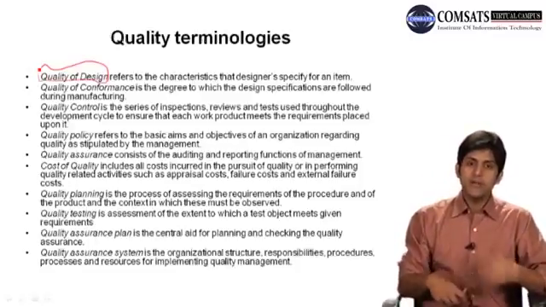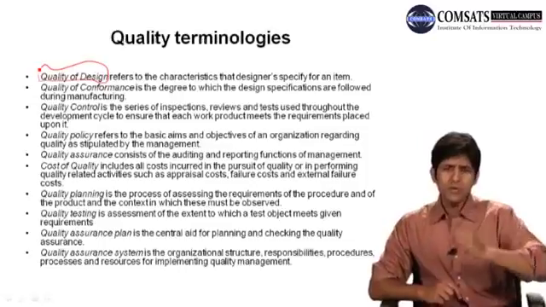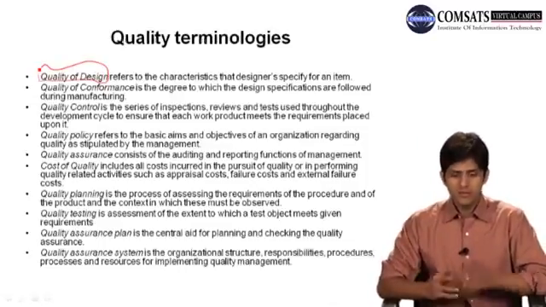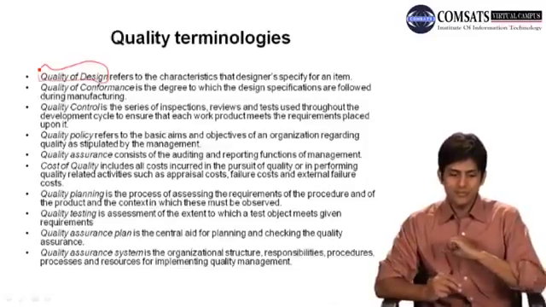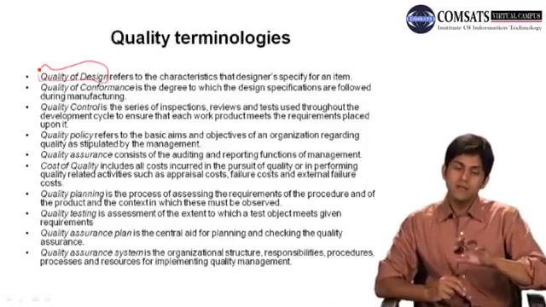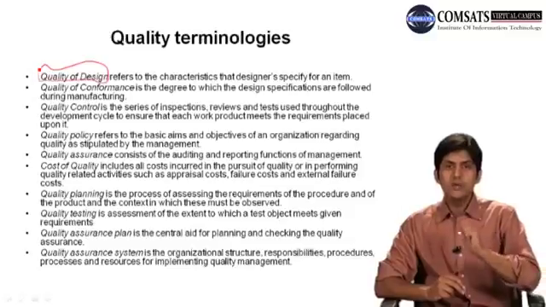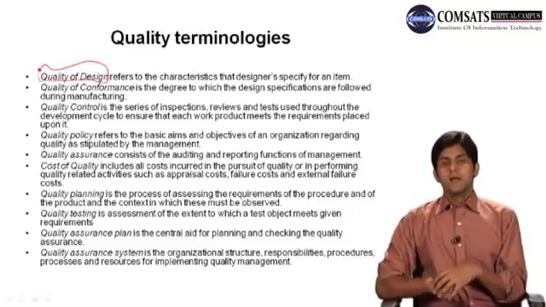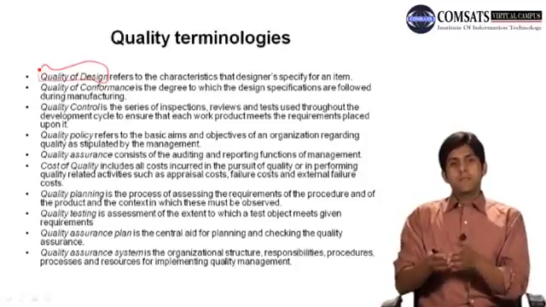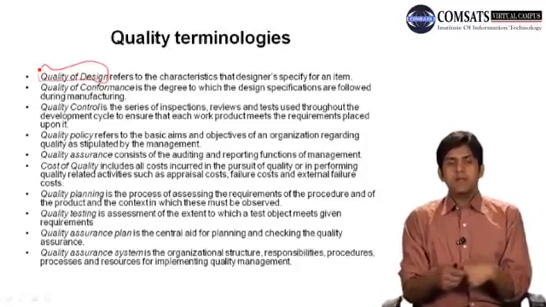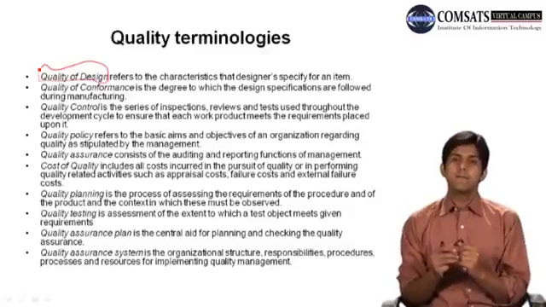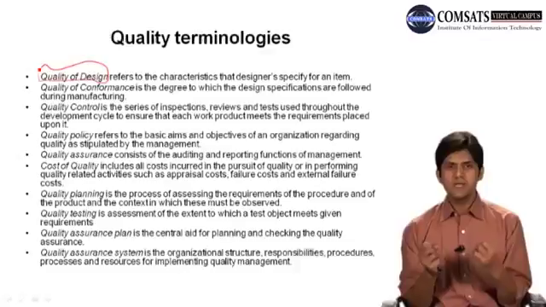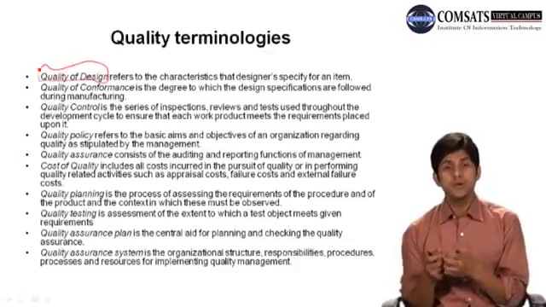Okay, then we have quality control. What do we mean by quality control? Quality control is the series of inspections, reviews and tests used throughout the development cycle to ensure that each work product meets the requirements placed upon it. Okay, यानी कि when you are actually designing, when you are implementing, when you are gathering requirements, when you are testing, so you have certain procedures, ठीक है, or you have certain measures which you take to ensure कि